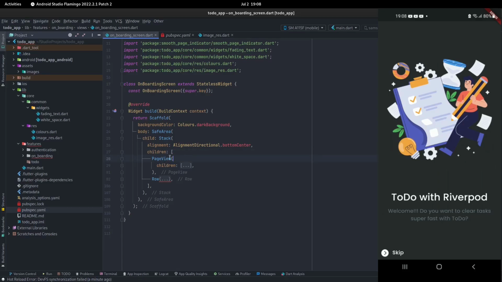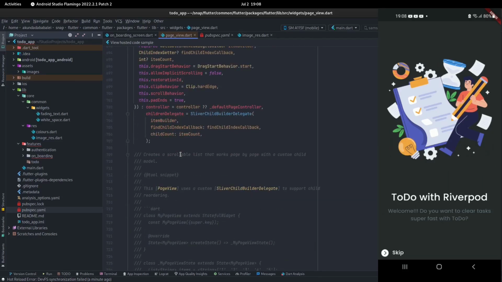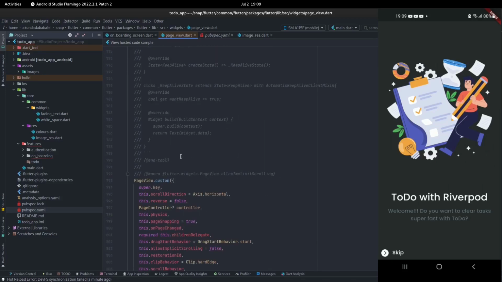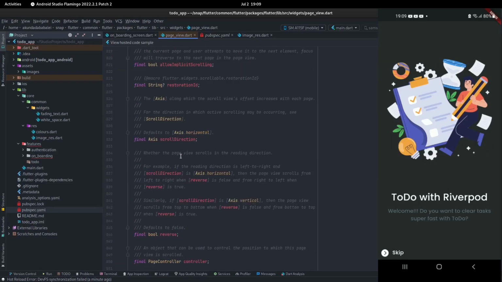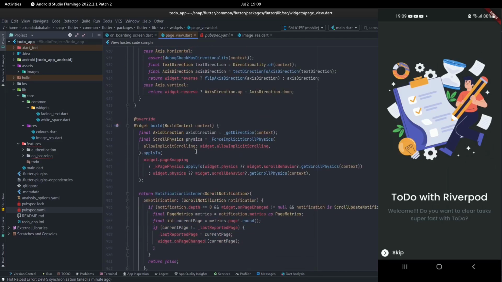but in this case when they create it, we don't have access to them. They create them in here. All right, so if a page controller is not provided, Flutter automatically creates a page controller for itself. This is a long code. If you look in here, you see that they're creating their own page controller. All right, so